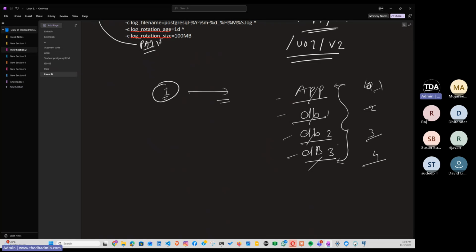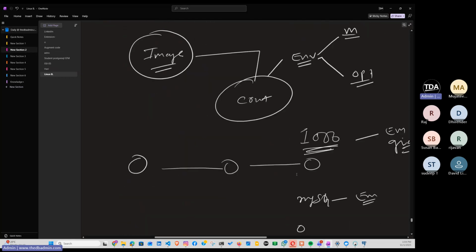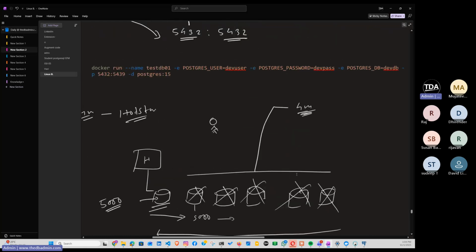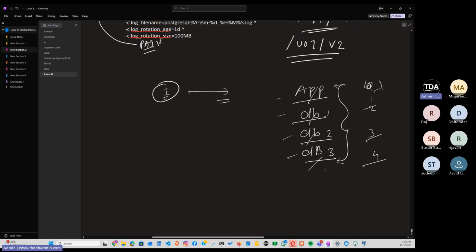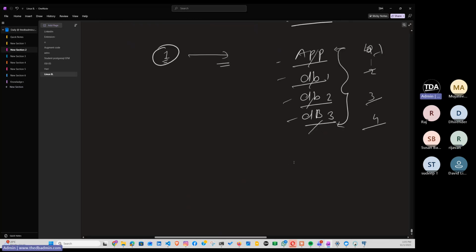Okay. So think of an environment where multiple people are watching my program. Netflix is being watched by multiple people. Can I do all these things manually? If my application is up and running, watched by 4 million people, or a big billion sale is going on at Amazon, will Amazon go to the back end and do all these things manually? Do you think it is practically good to make the containers 4, 3, 2, 1, with 3, 4 people sitting and doing it? No, no. So there should be automation in place, correct? So how to handle this kind of automation? So the answer is